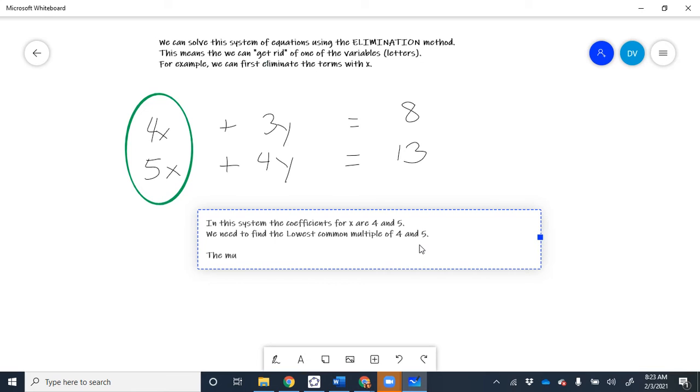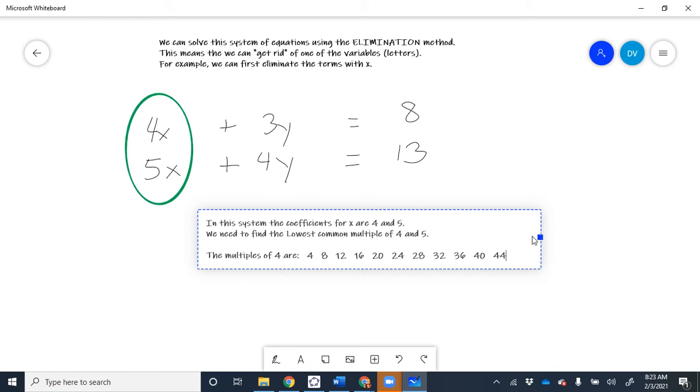Let's do the multiples of 4 first. We're just going to count by 4. The first one is 4, 4 times 1, 4 times 2. I'm not going to use commas, I'm going to use spaces. The next one would be 8, 4 times 3 is 12, 4 times 4 is 16. Just keep adding 4. If you add 4 more, you're going to get 20, 24, 28. I'm going to go a little bit further: 32, 36, 40,